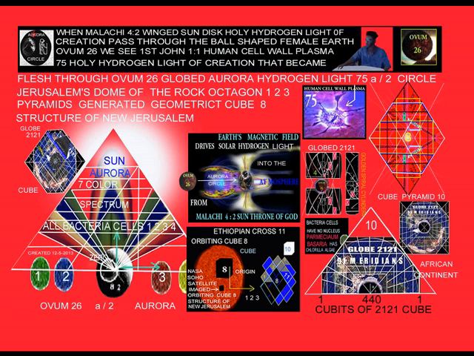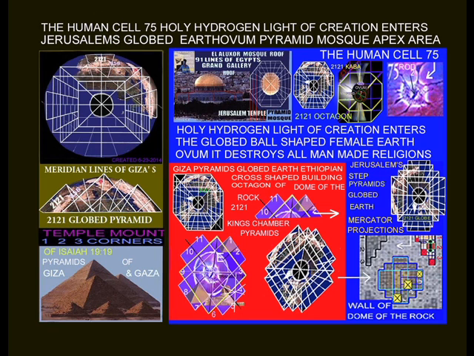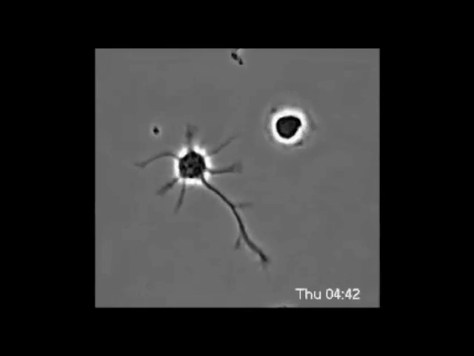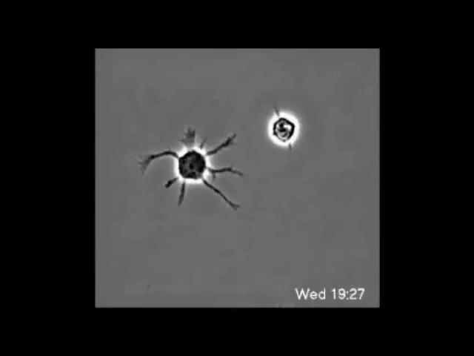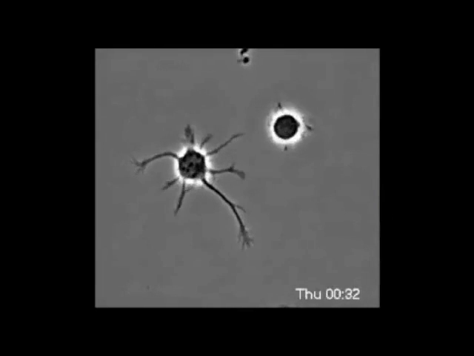In this particular video, we will be looking at the ball-shaped female earth ovum in Biology 101, as seen a million times magnified with an electron microscope. Where we see a basketball-shaped brown earth ovum of the female ovarian tract as a geometric representation of the ball-shaped